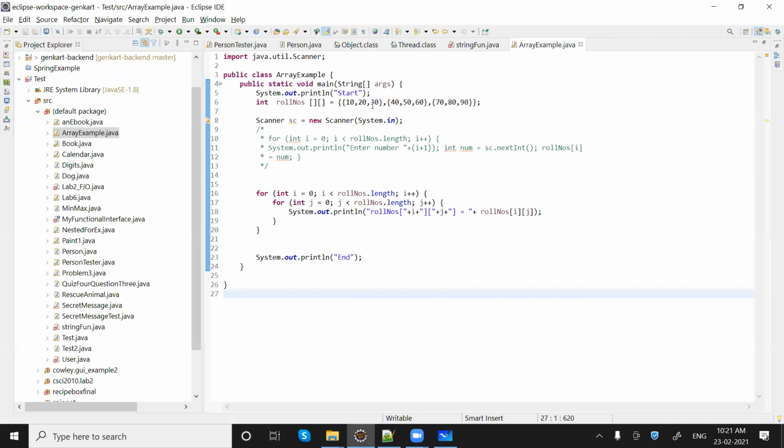Now, because we were using the same length, or I'd say indexes, for both, 3 by 3, let me take 3 by 4. So we have the size as 3 by 4 this time.